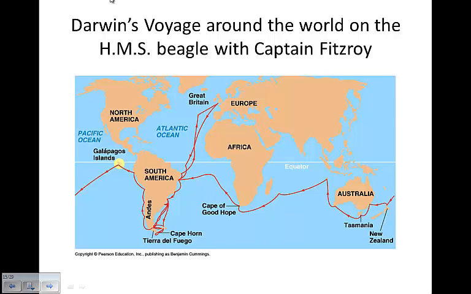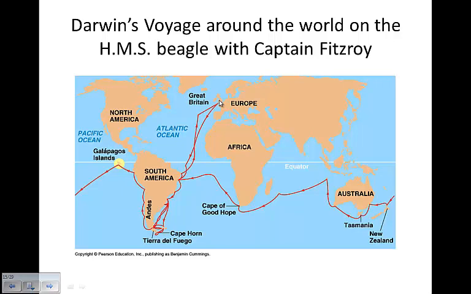This journey took him, you can see, around the world. He started up here in England, and he sailed down around South America, all over here. Looks like they got a little confused, well, not really. But then spent a lot of time down here, moved up here. Here's the Galapagos, where he did tons of research, and then came back around here, looped down around the bottom of Australia, came back up over underneath Africa, South America, and back up to Europe. So it took him 5 years.